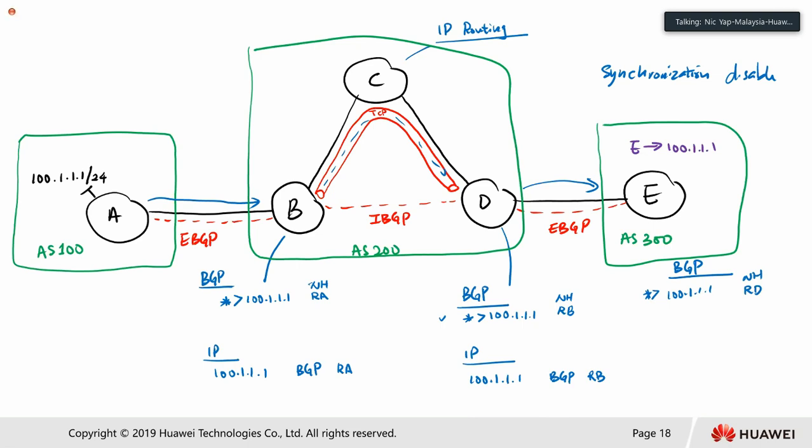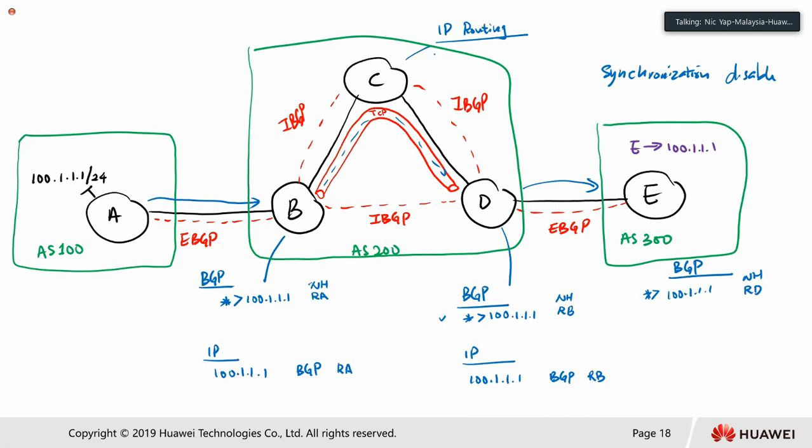In this case, instead of just building an IBGP between B and D, I'm going to build